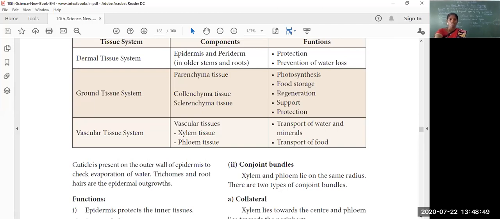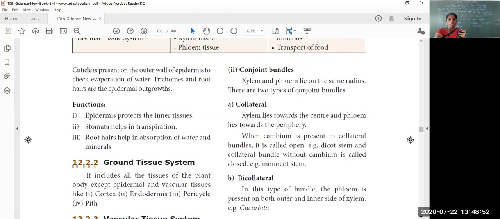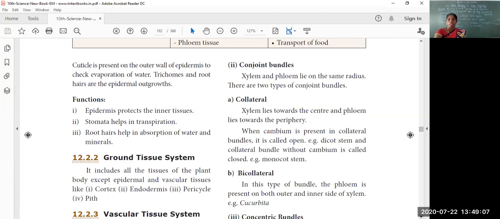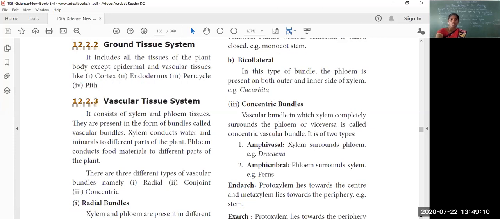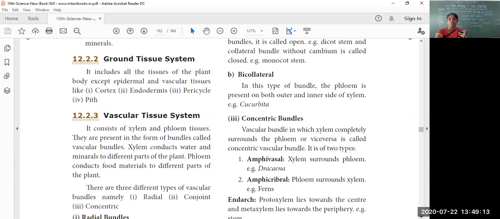Then the functions of the dermal tissue system. Epidermis protects the inner tissues. Stomata help in transpiration. Root hairs help in absorption of water and minerals. So water and minerals are absorbed through the root hairs only. Then we will move on to the ground tissue system. It includes all the tissues of the plant body except epidermal and vascular tissues, like cortex, endodermis, pericycle and pith. So ground tissue is all the tissue systems of the plant except